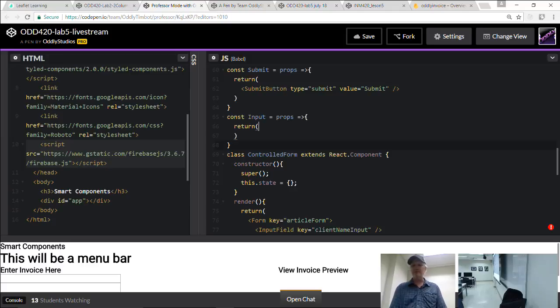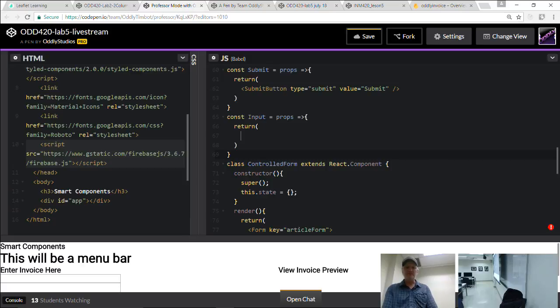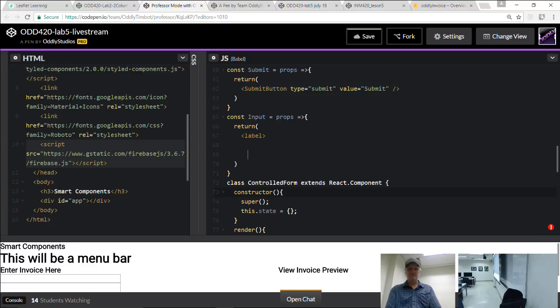So inside the return, here's where things can get a little bit interesting. Because typically an input field always needs a label, right? So we can actually put it inside of this. And then anytime we use our brand new input, it'll automatically get a label. So we're basically making a component that will automatically be labeled anytime we use it.